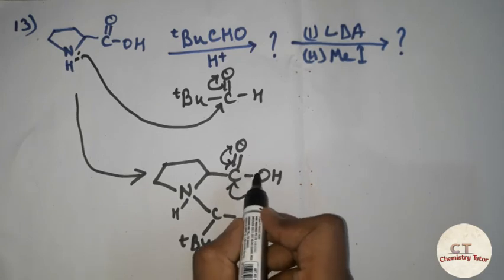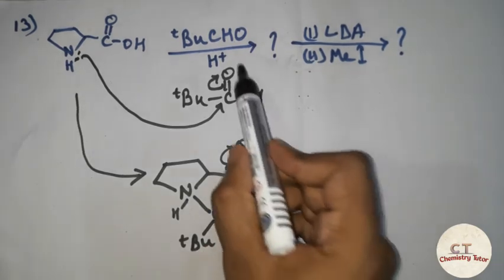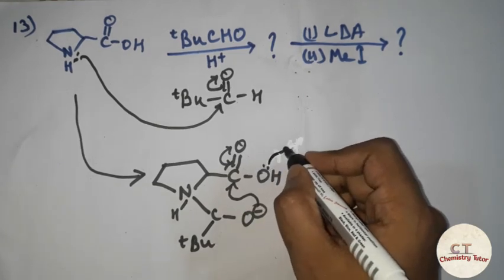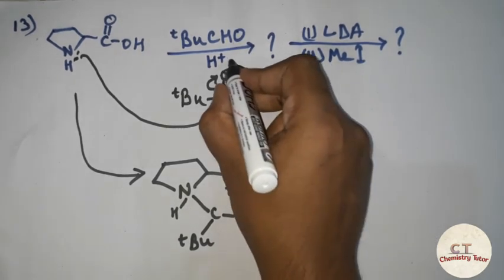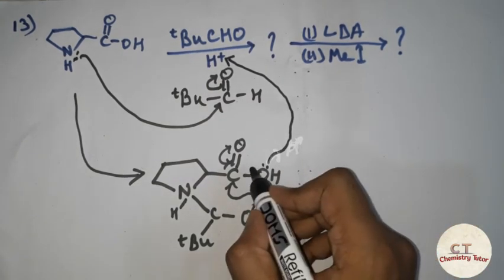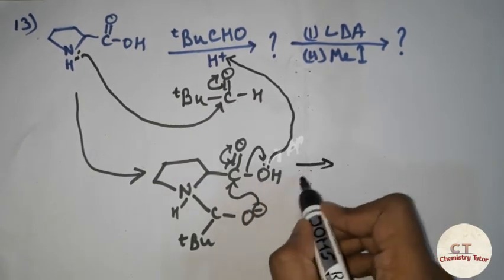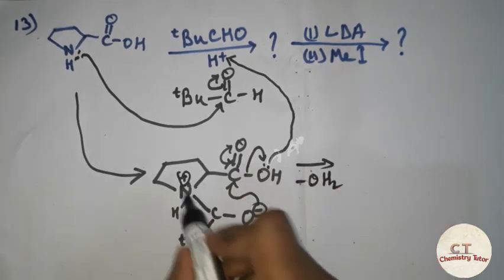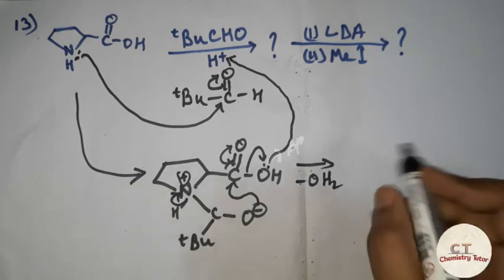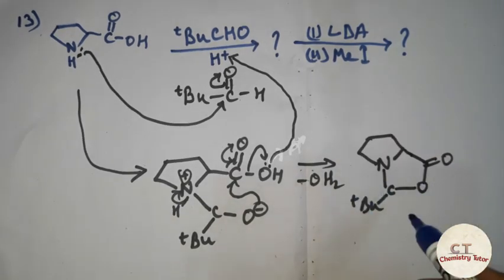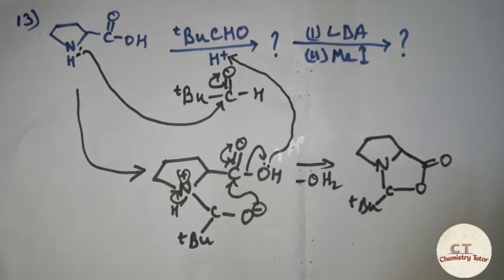And we know that OH is not a good leaving group, but H plus is given in the solution. So the lone pair of the oxygen atom is going to take the H plus, and thus it becomes OH2, and OH2 is a good leaving group. That is water, and here is a positive charge, I forgot. So this will neutralize, and thus we are going to get the product, and we are going to get this product first. Then on addition of LDA and methyl iodide, what will occur?